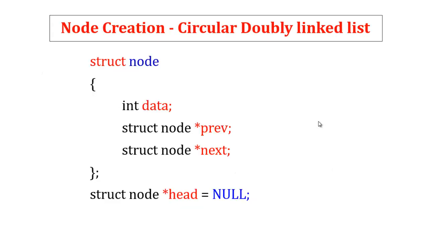We are going to create a structure for the node. struct is a keyword, node is a tag name. Inside that we have three parameters, or three fields: a data field, a previous field, and a next field. These are pointer variables, and we call this a self-referential structure, because it refers to the same structure name, node. After that we close it with a semicolon. We have to create a head pointer equal to null using the struct keyword and the node tag pointer.